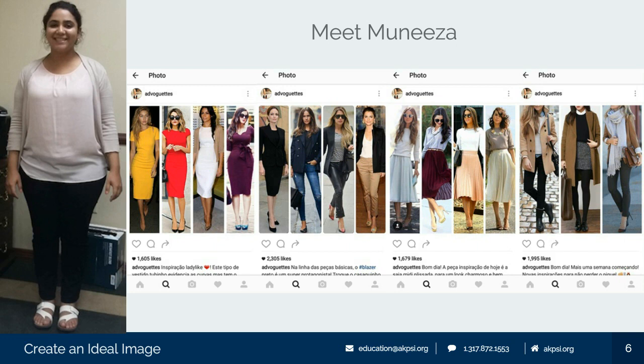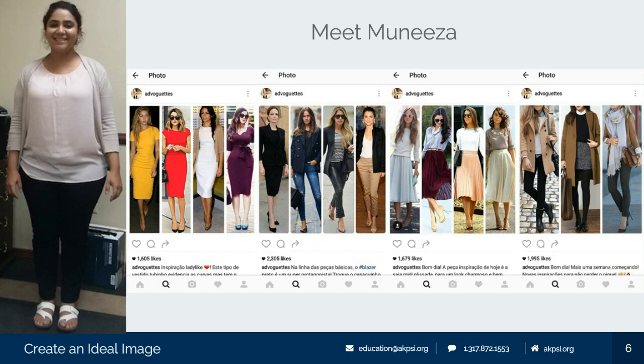Oftentimes when we are growing in our career, we are always thinking about the next step up. But oftentimes you will find yourself maybe having to pivot a little bit. You may have to step aside to move up. You may have to go slightly backward to move forward. So don't get discouraged in that, no matter where you are in your career.